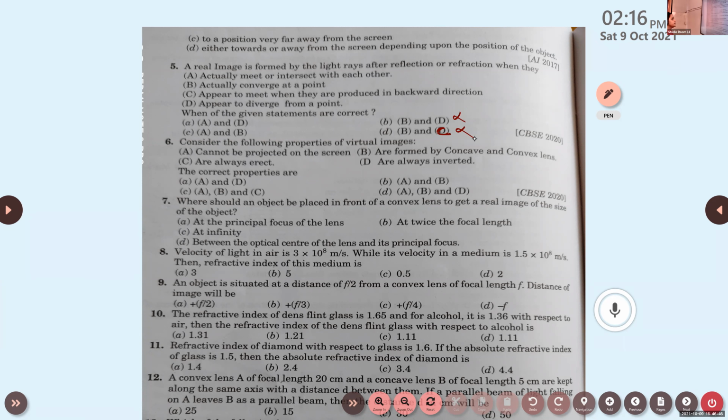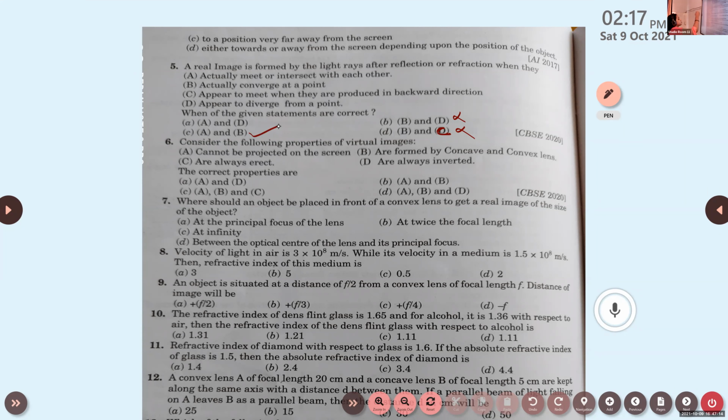Yes, Anjali Priya, what do you think? It's a possible combination of rays that actually meet or intersect with each other. Whenever rays diverge away from a point, do we get an image? No, ma'am. If they converge, then we will. If it converges to a particular point, we get an image. Okay, so the correct answer is converging, option C.